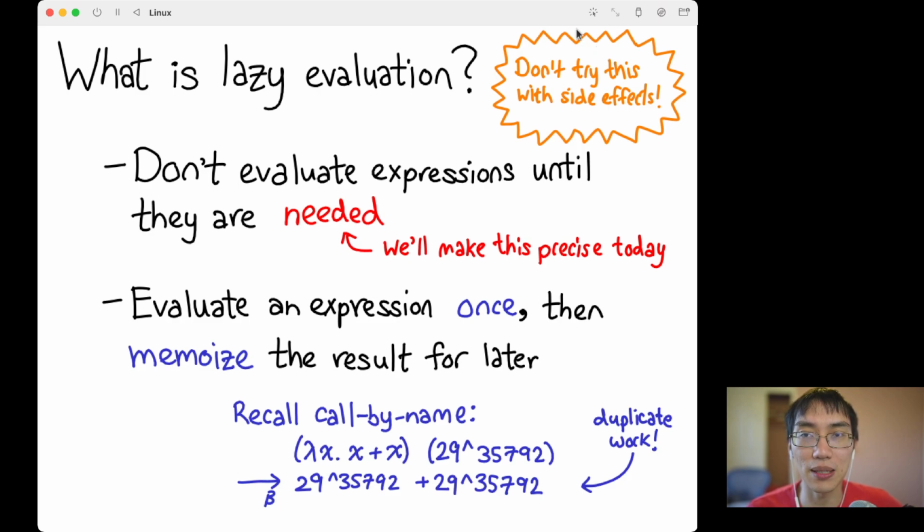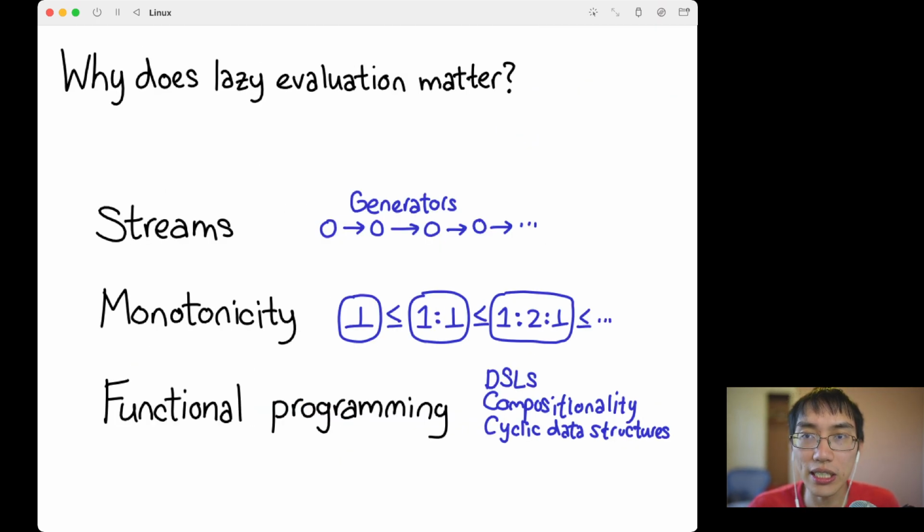There's a little snippy side note here, which says, don't try this with side effects. And this is just a reminder, all the Haskell we've written, it's very confusing to understand when things actually get evaluated because it's lazy. So things get evaluated much later than you expect. And so if expressions could actually do observable effects on the world, well, that wouldn't be very good. You'd have a very bad time understanding when anything actually happened. This is basically the IO lecture, right? We said, hey, we can't do this in Haskell, so we need something else, monads. Okay, so that is what lazy evaluation is, but I haven't told you why